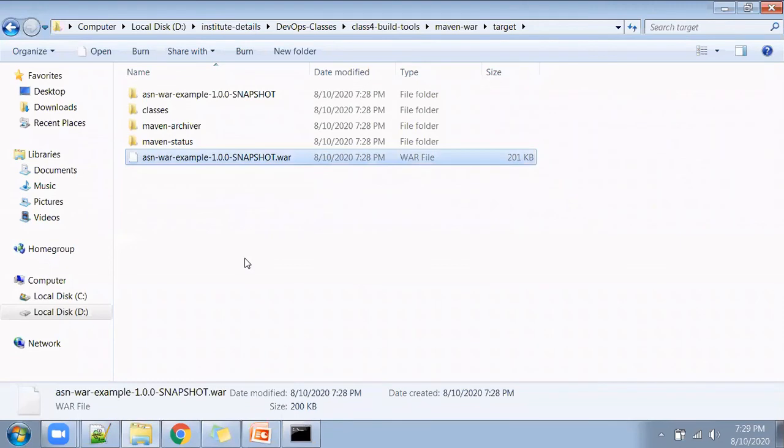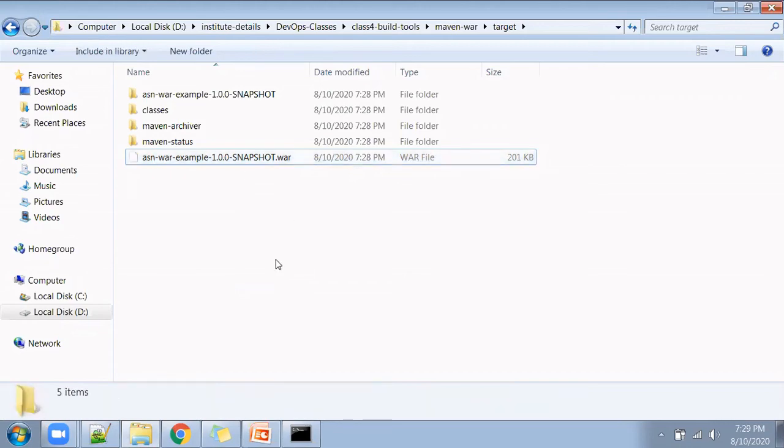For any Java application, if you want to deploy and run the application, it must be in the war format. Then only the respective deployment server can host this thing.